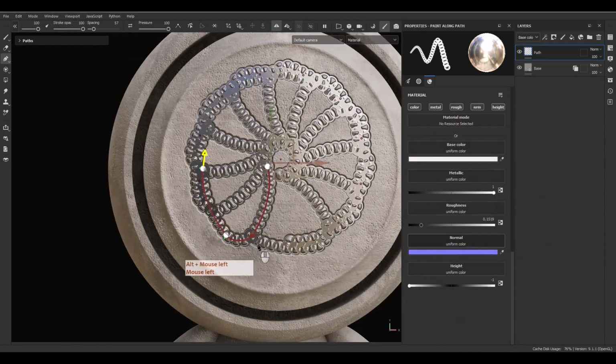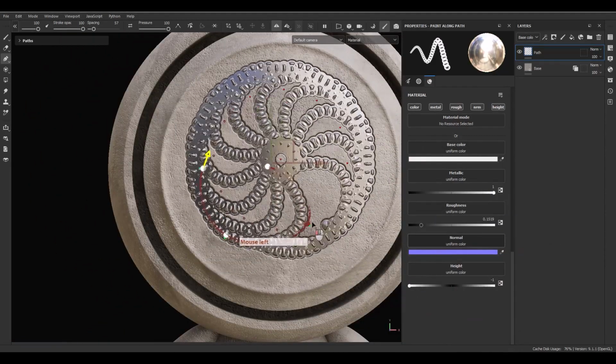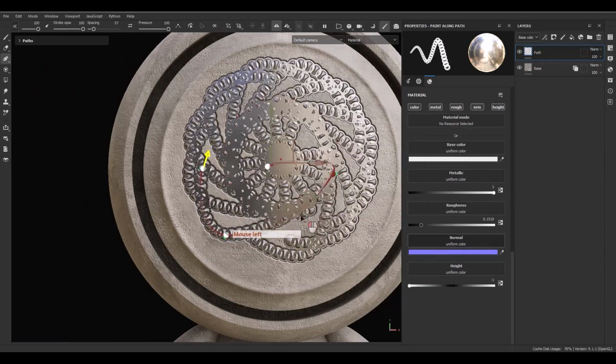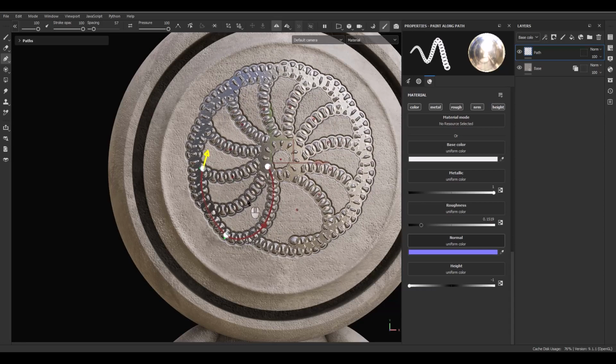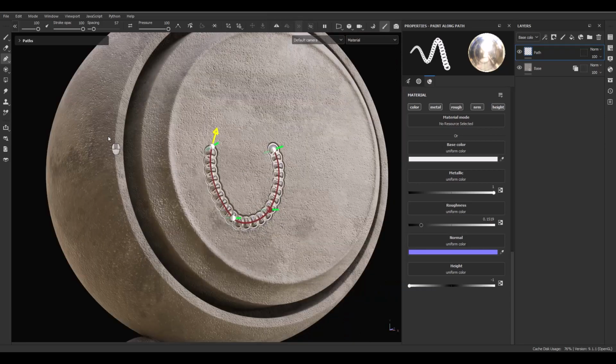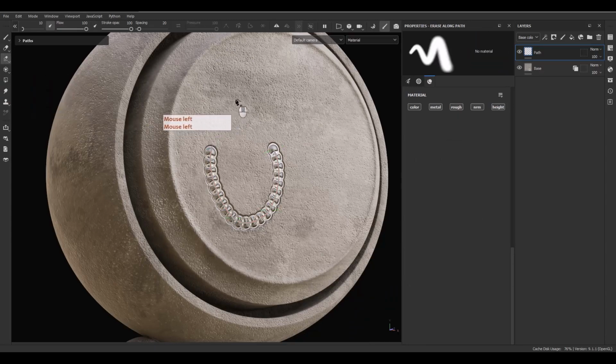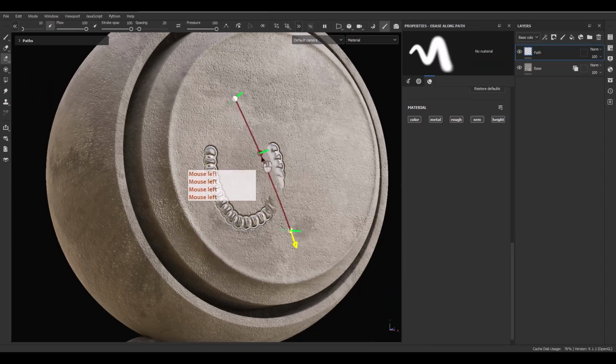And boom. As you can see, we have control on the path, on the data inside the path, very easy, very fast, in a non-destructive way. So you can use the erase tool like this,